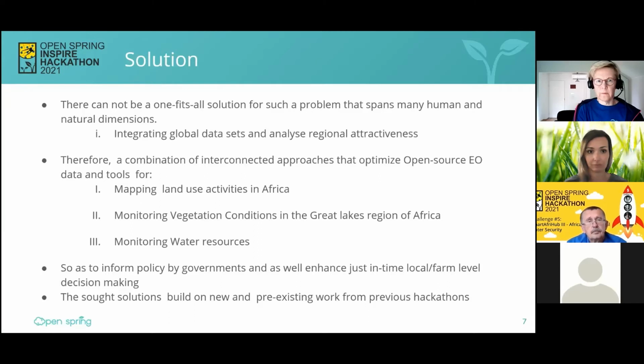Well, right here, we realize that there's not going to be a one-fit-all solution that can really span the different human and natural dimensions.